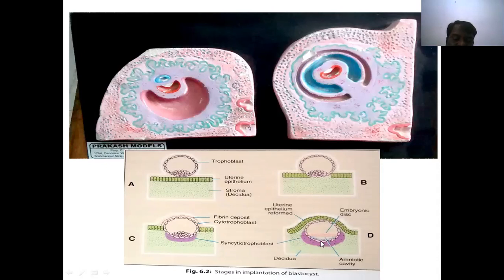This syncytiotrophoblast and cytotrophoblast further form the disc-shaped attachment. It further forms finger villi-like structures, called the primary villi or primary chorionic villi. Why is it called the chorion? The trophoblast, together with the parietal layer of the extraembryonic mesoderm, forms the chorion. From the chorion, finger-like projections erode inside the decidua and form the primary villi. So the primary villi have the cytotrophoblast and syncytiotrophoblast.